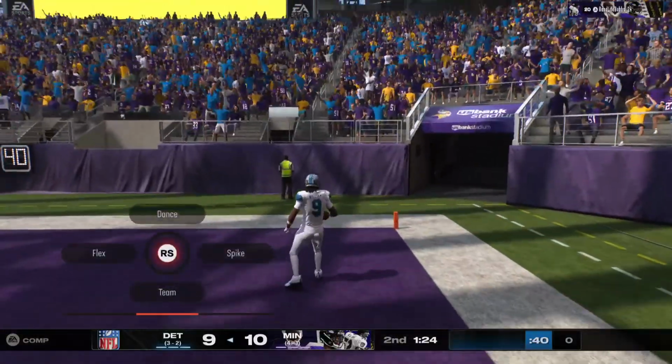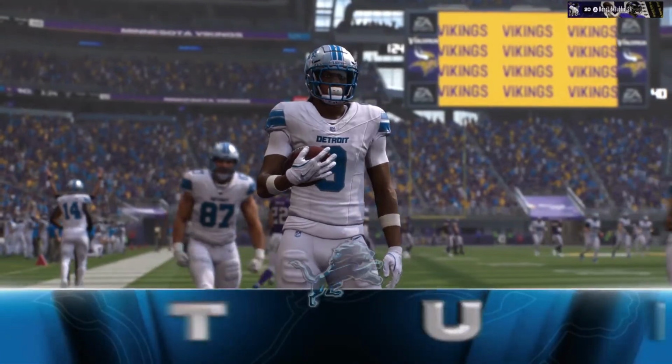Damn, what a good fucking play. Hell yeah. Jameson Williams